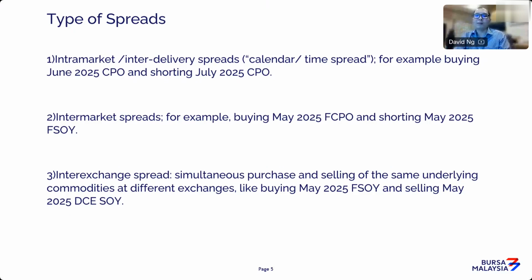For example, if you're looking at intermarket spreads and you believe that FCPO is undervalued, you'd be buying, for example, May 2025 FCPO, and selling the overvalued pair, which is usually common in the bean oil market. In other words, you're looking at intermarket spreads between these two particular commodities. It's not only constrained to FCPO and FSoy, there can be other examples as well. To a certain extent, you can even look at grains, FCPO and corn, FCPO and soybean per se, which is listed on the Chicago Exchange. There are many ways to look at it, but essentially you're just looking at the price differential between two different contracts on different markets.